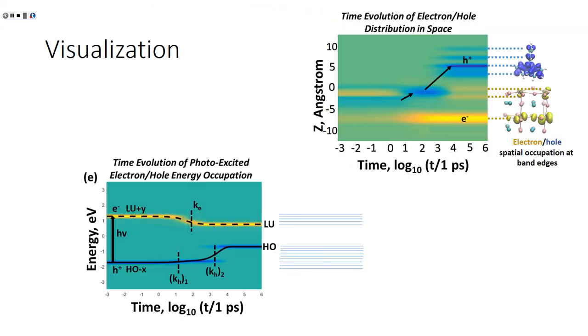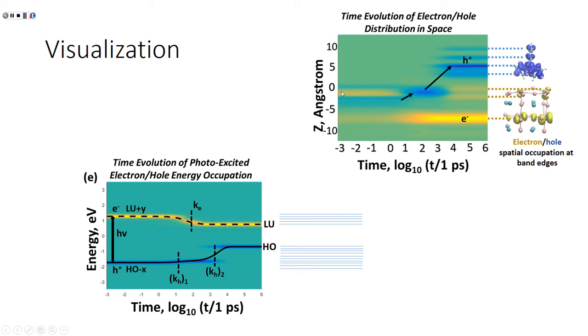Along with the relaxation rates, you also have a couple of figures that will pop up after you click the run button. One of them, on the top right, is the time evolution of your electron and hole in space. On the left is the image that shows up, and on the right is just an overlay of the HOMO and the LUMO orbital on a donor acceptor model that I was working on over the summer. And you kind of see how these changes in the colors correspond to changes in charge occupation on your